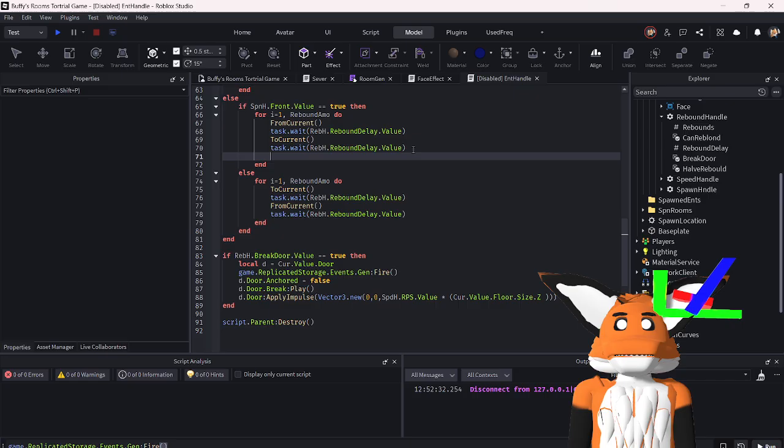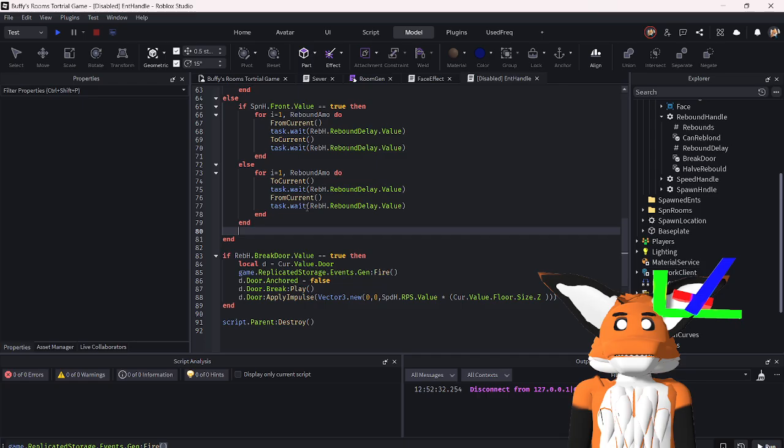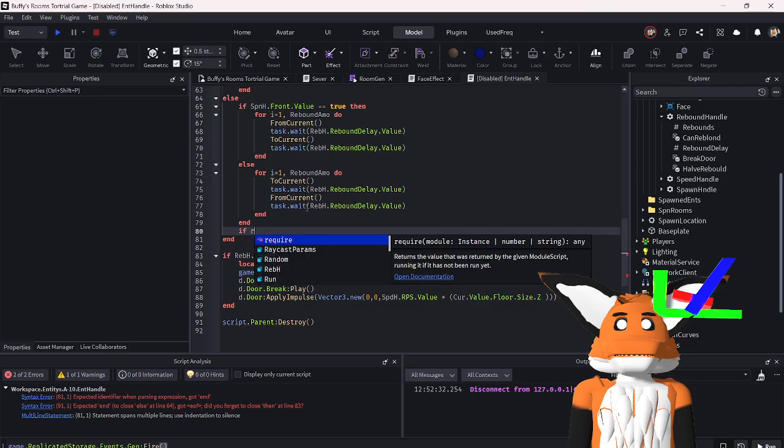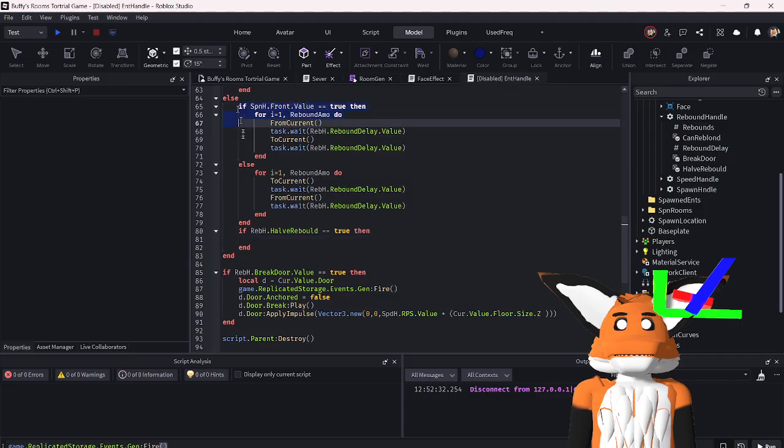Look. Rush half rebound. Half rebound. So if it's true, then we do this,